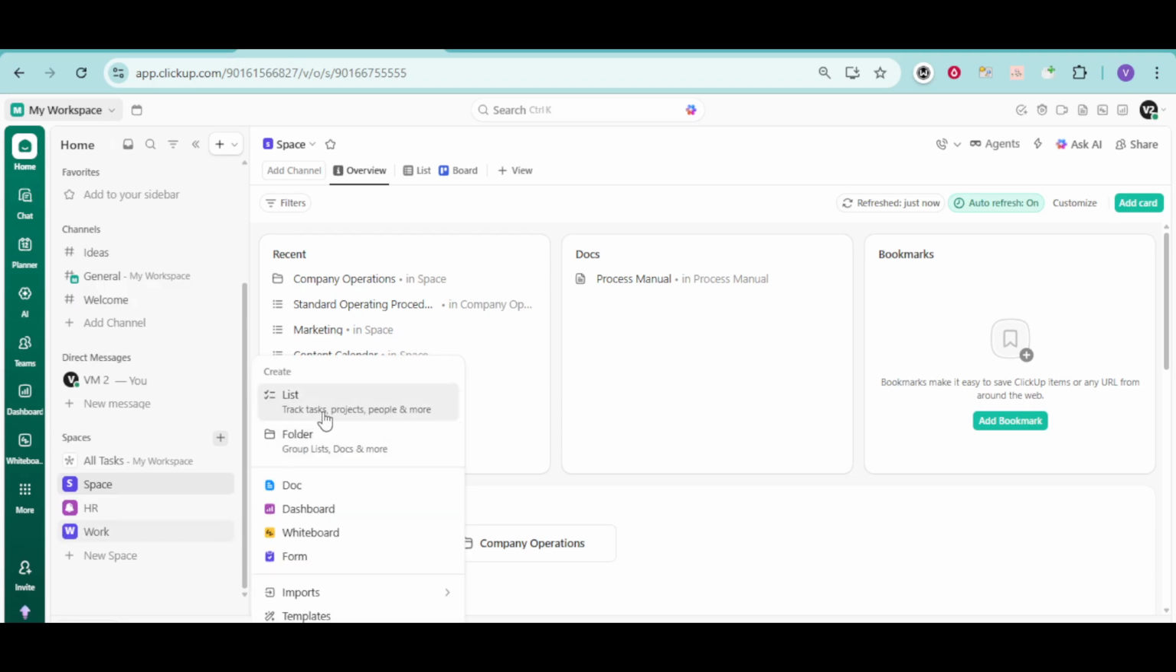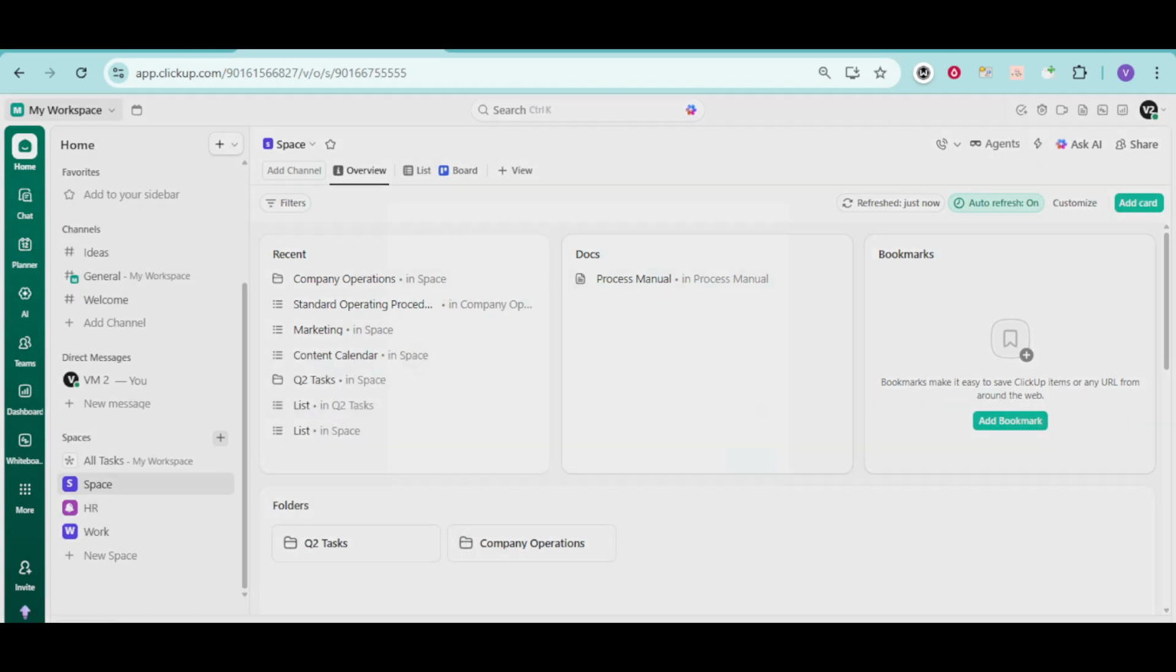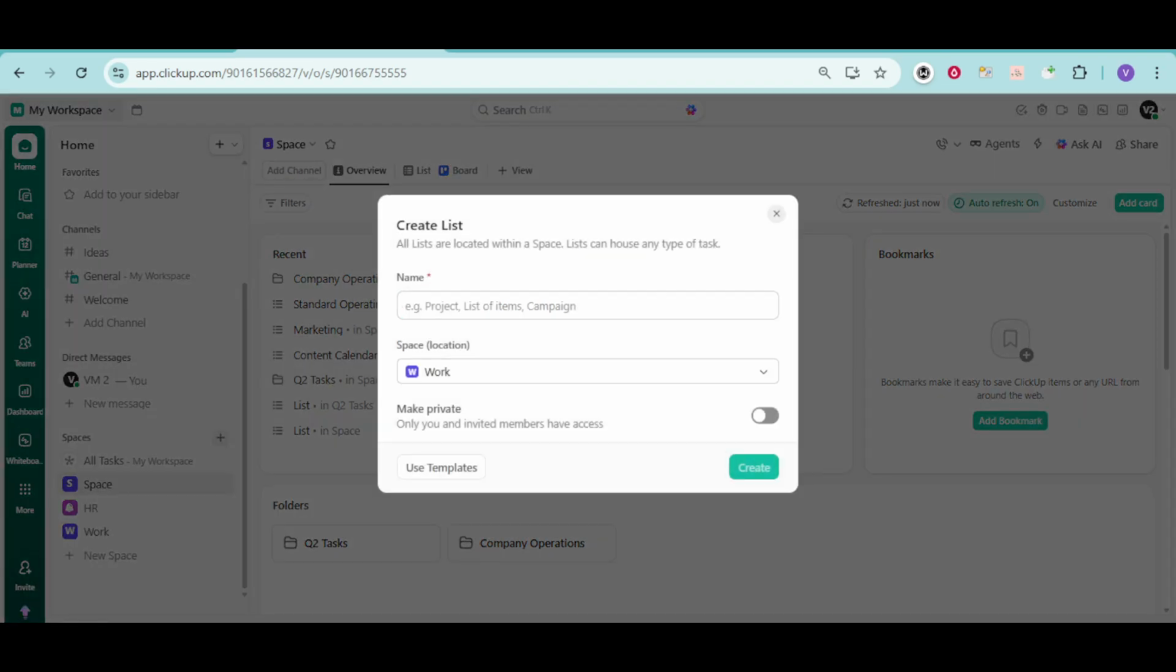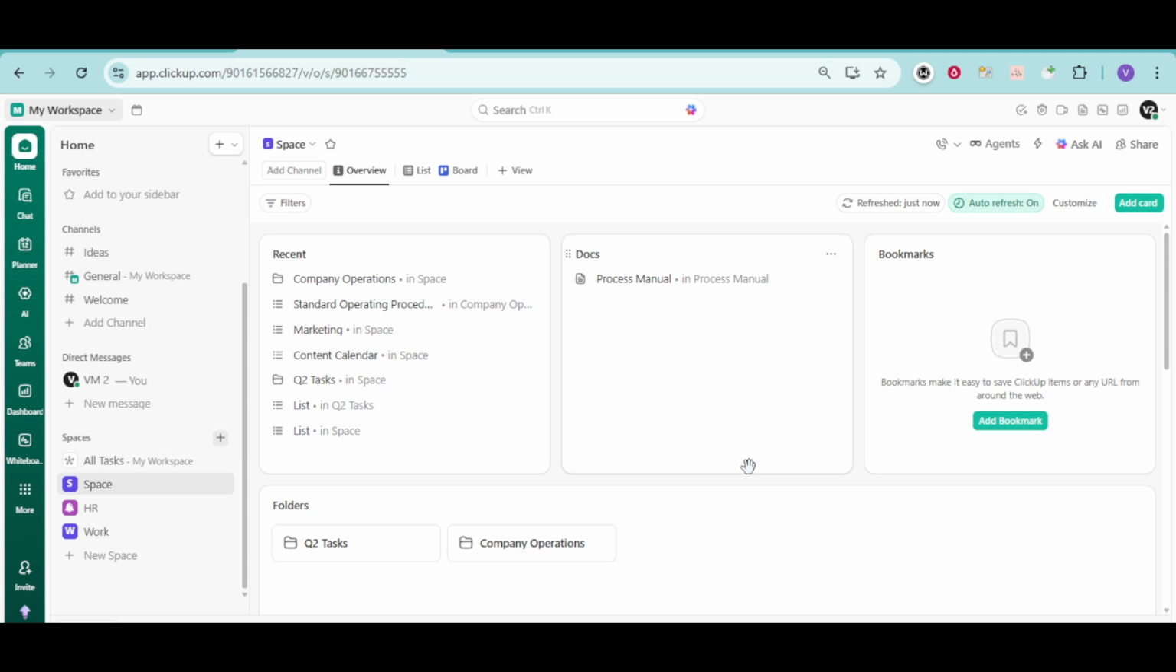A small window or panel will open asking you to name your new list. In the name field, type Monthly Bookkeeping. Using a clear, consistent name like this makes it easy to find and reuse the same structure every month. Once you've typed the name, click Create List. ClickUp will now create a fresh, empty list under that space, which you'll use to track bookkeeping items such as